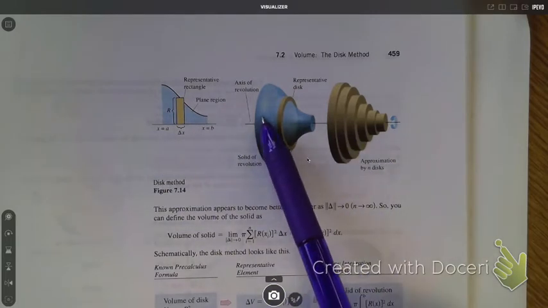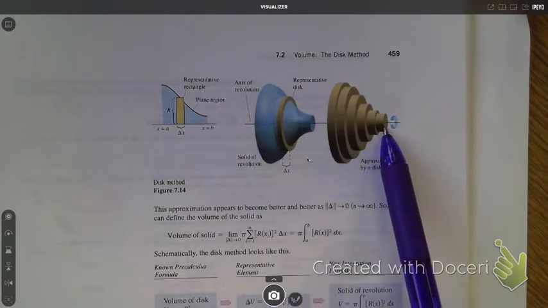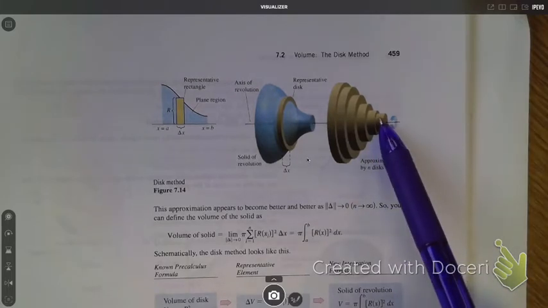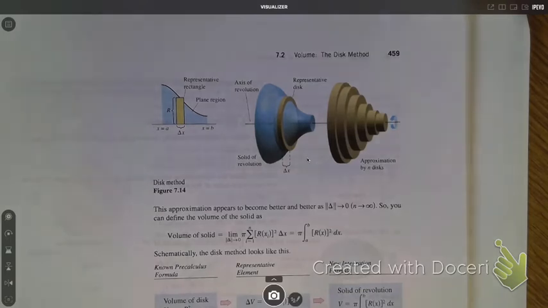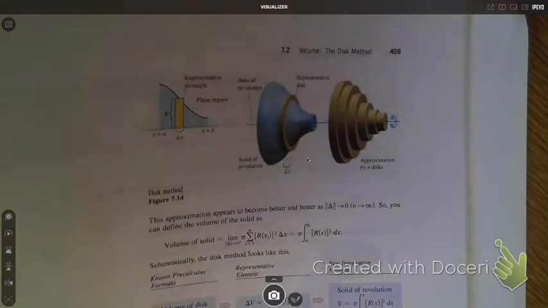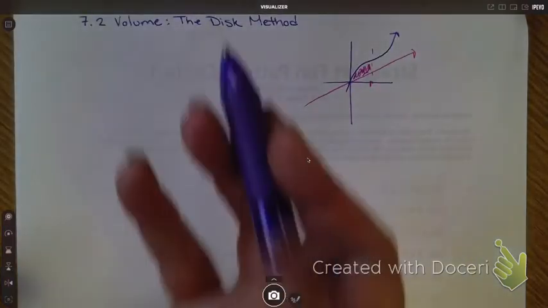So we take this nice smooth shape, and then we get these disks. But if we make these disks narrower and narrower, I'm going to get a better approximation of my volume. So that's why we do the intervals. So the disk method